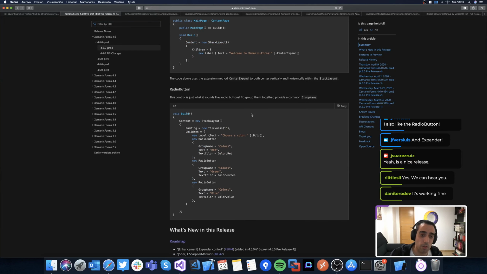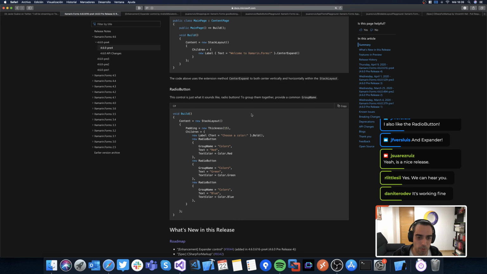Then we also have the ready button. Probably many of you waited for this control for a long time too. So yeah, we included the recently checkbox, and now we are also including the ready button. Probably very soon we will release new features related to this, because just today I have seen a PR